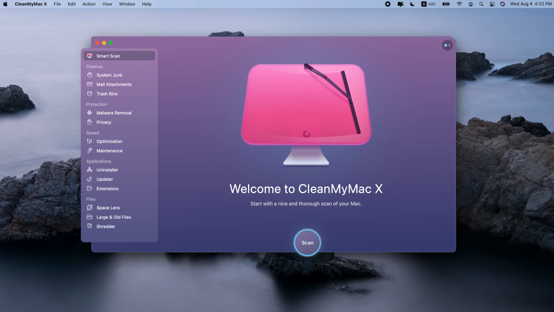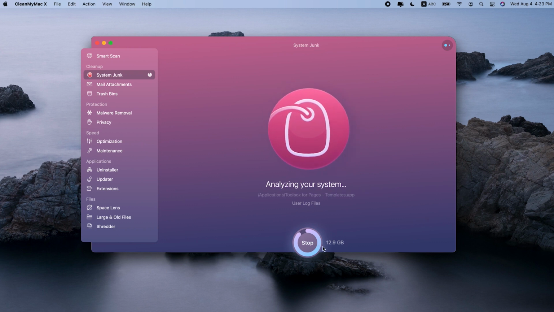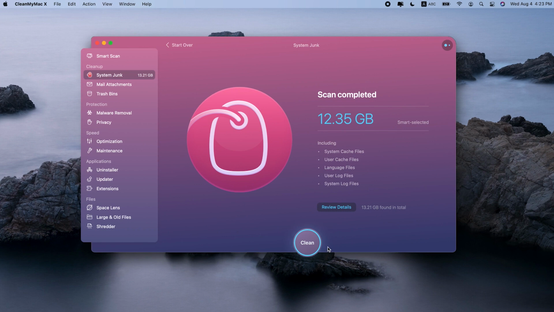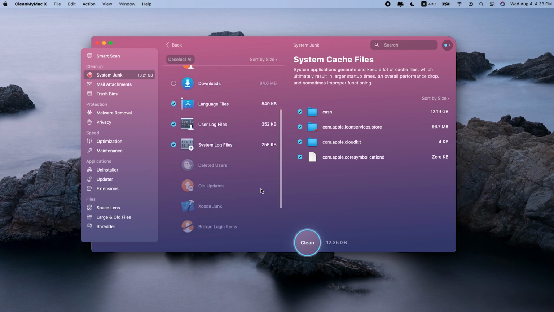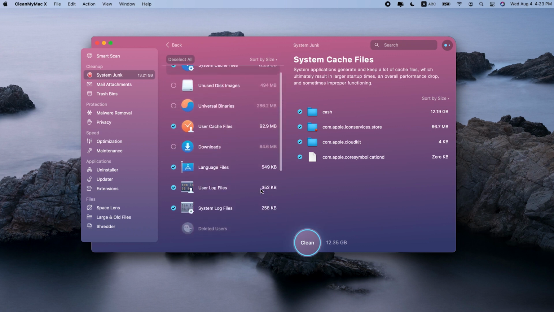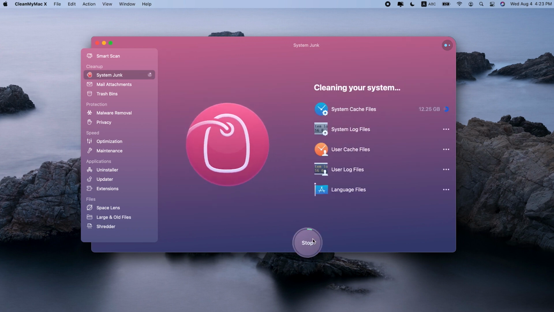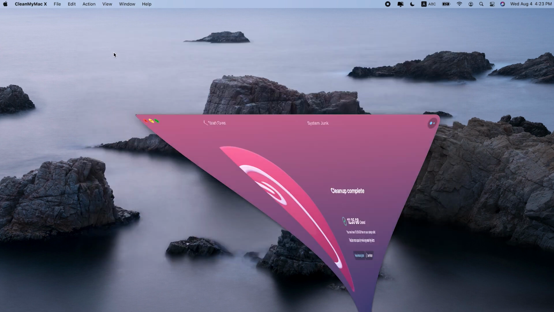Run the app and click on System Junk. To free up space, this app finds all kinds of redundant files on your Mac, like system junk, remains of old apps, and downloads. If you let it scan your drive and then click Review Details, there will be a whole list of items ready for deletion. It even finds unused app installers, some really specific categories of junk. And Clean My Mac is notarized by Apple, so it's a safe app to run on your Mac.